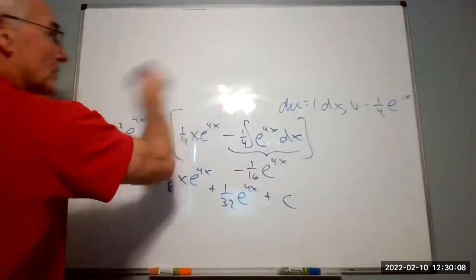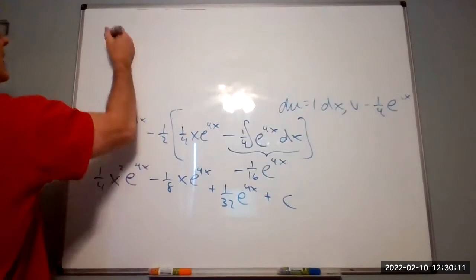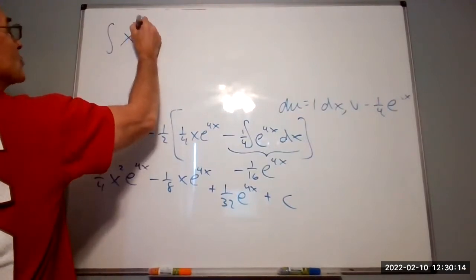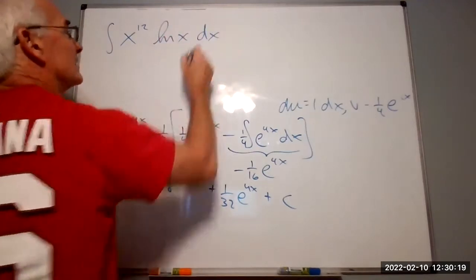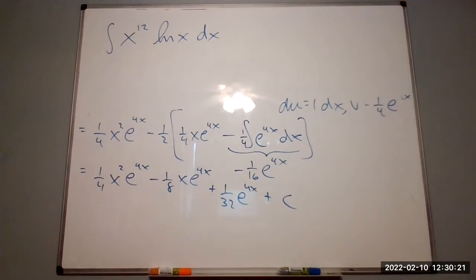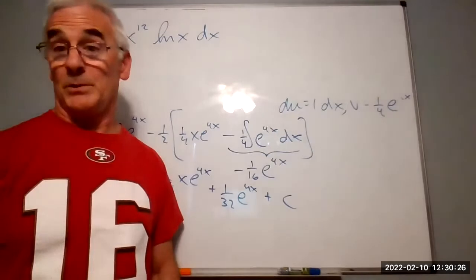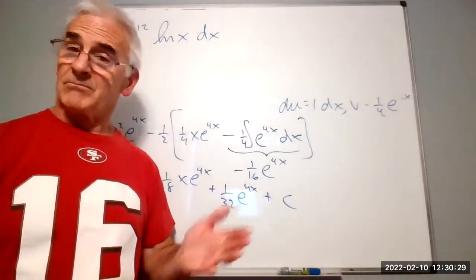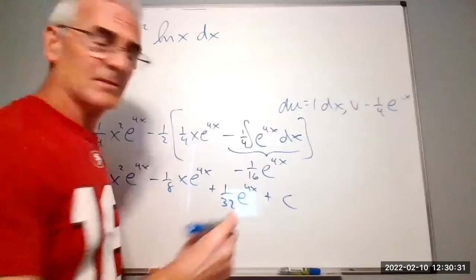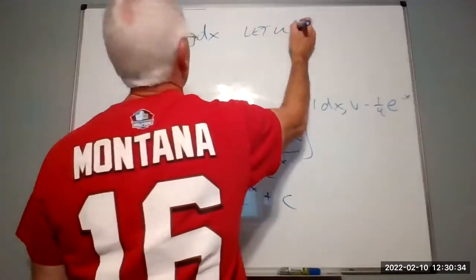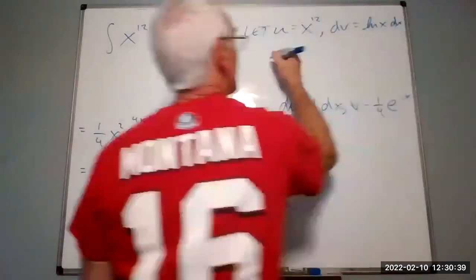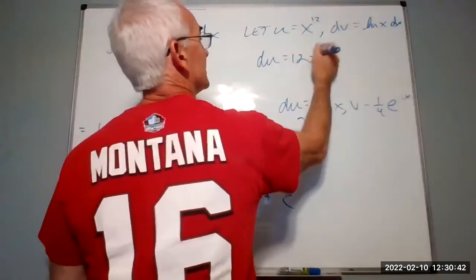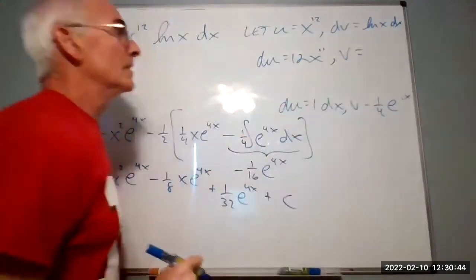Now let's try another one of these bad boys. How about I've got x to the 12th power times the natural log of x dx. Oh my goose. So I'm going to have to integrate this guy. I have to do this 12 times? Maybe. Okay, let's start the process. Most of us would say, let's let u be x to the 12th, and then dv is log x dx. So then du is 12x to the 11th, and v is what's